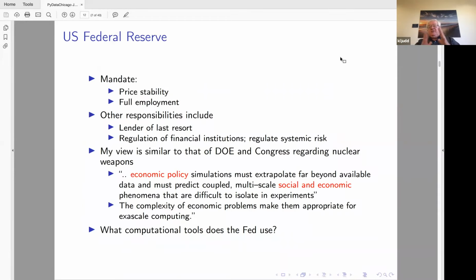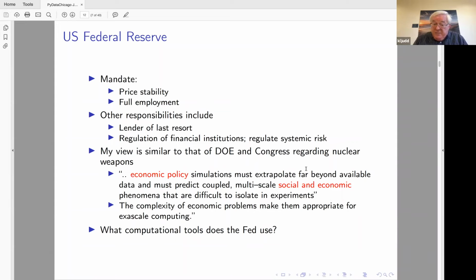Now, let's contrast that to the US Federal Reserve. They have a mandate also. Their mandate is to ensure price stability, full employment. Also, they are the lender of last resort. And in the past decade, they also have acquired a lot of responsibility in terms of regulating financial institutions and regulating systemic risk. Now, my view is that they should also have a mandate to use economic policy simulations, because